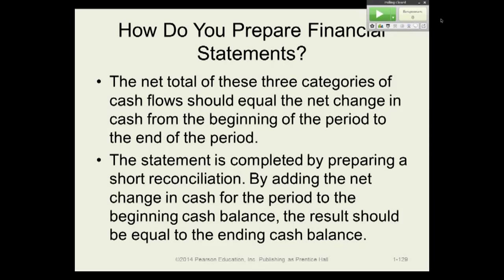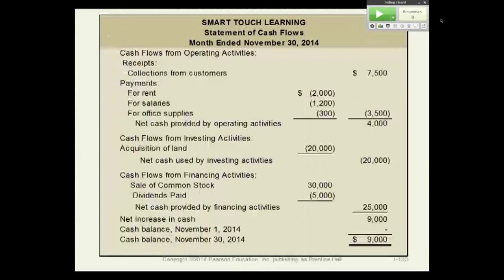Now, let's see if we can pull this together by looking at the statement and keep going back to this equation. If you look at the statement of cash flows, again, same story. It's the name of the company, the heading. Notice this is also a flow statement. It's a moving picture for the month ended November 30th. Now, where do you get the numbers? You have to work with the equation, and it is going to be a bit cumbersome. They're telling me that you collected